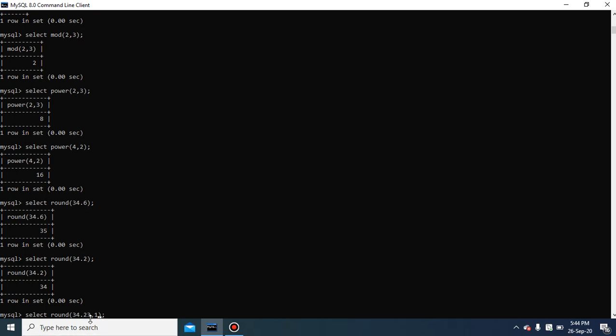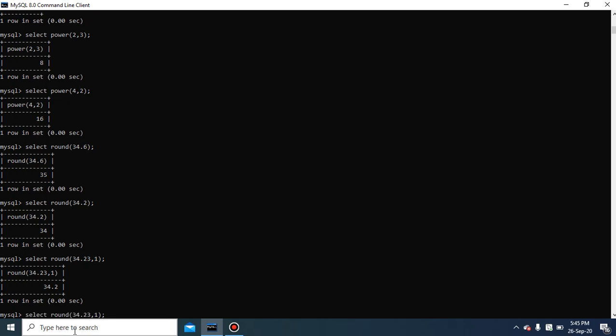Means after the decimal, one digit will be there and that value will be rounded off. So the output will be 34.2 itself, because you can see here after 2 the digit is 3. This 3 is less than 5, so it will return 34.2 itself.